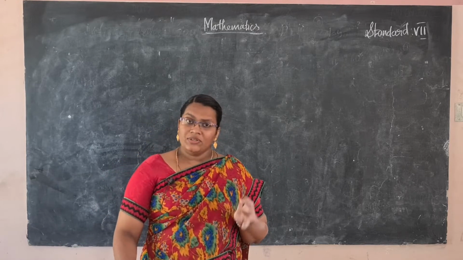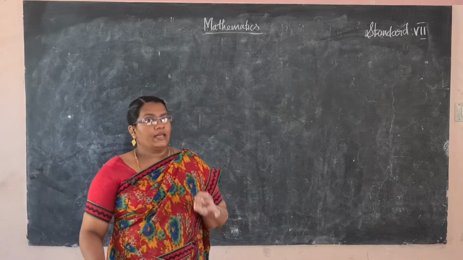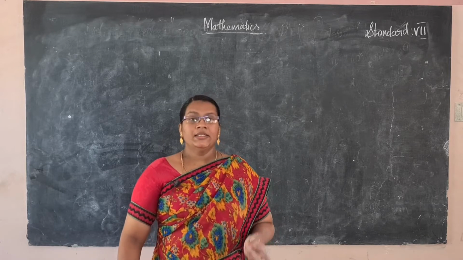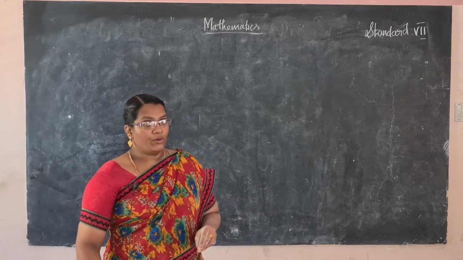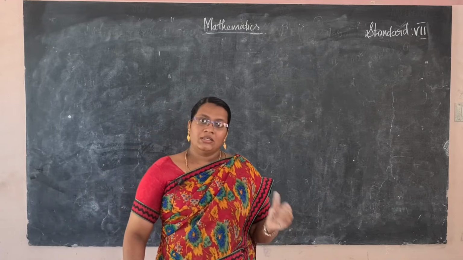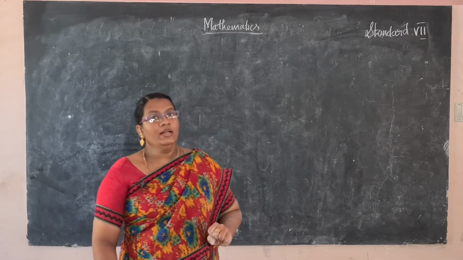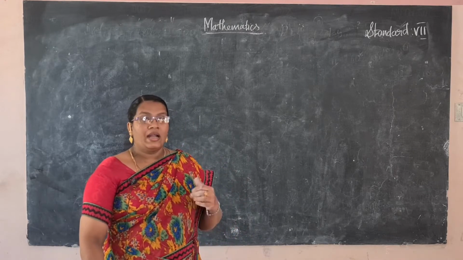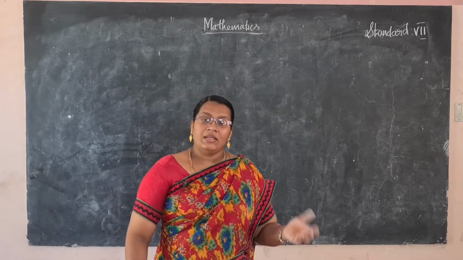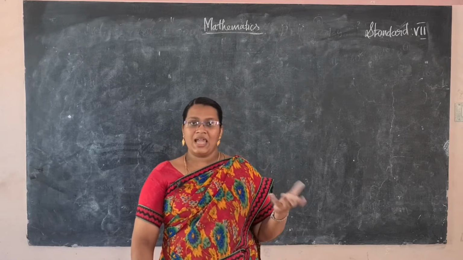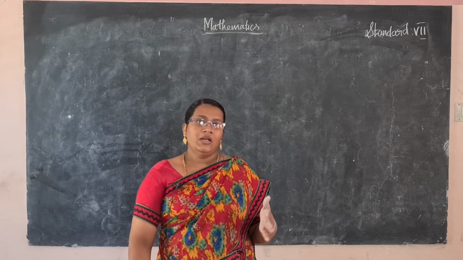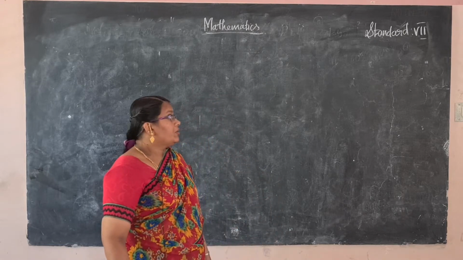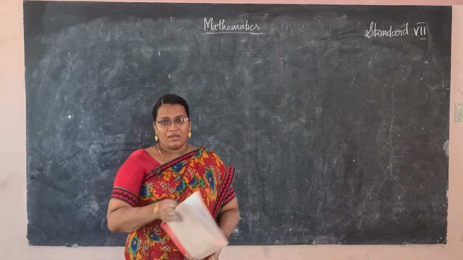The first one is the product law, the second one is the quotient law, the third one is the negative exponent, the fourth one is the power of power rule, the fifth one is the zero exponent, and the sixth one is the power of 1. Is it power of 1? And the seventh one is multiplying or dividing with the same exponent or same power. I hope you all understood the previous concept. Today we are going to do the exercise problems.